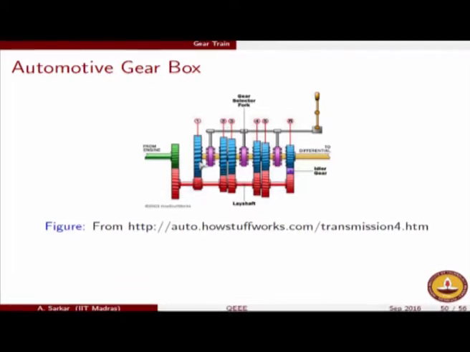And you will recall that when you have to drive your car or your bike on an upslope, you should be in gear 1 rather than gear 5. In gear 5, it is the opposite condition. More or less the red and the blue gears are of equal size. So here there is absolutely no decrease in speed, and accordingly no increase in torque, right?